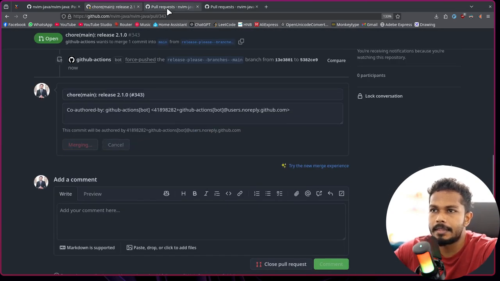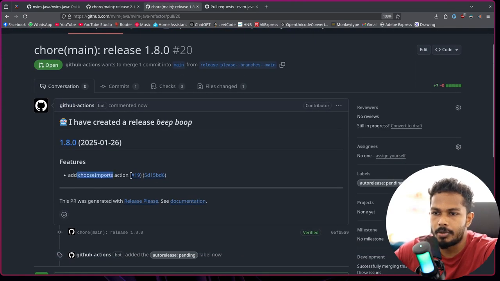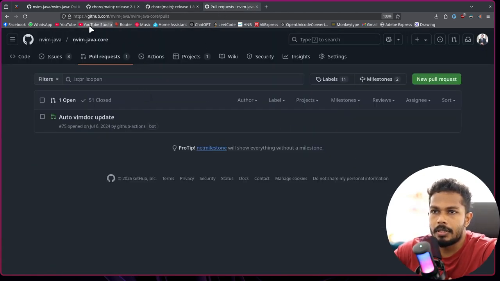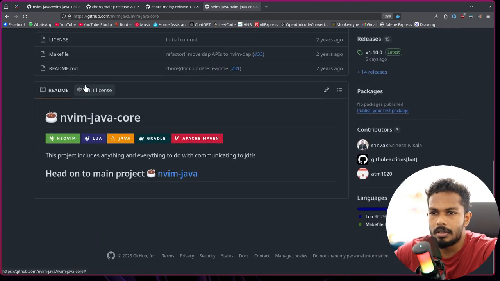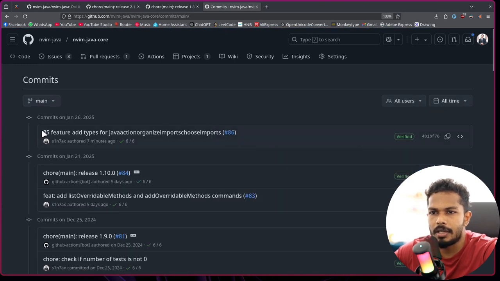I'm gonna merge this, and we have a new PR here as well with the choose import action. Change log. Merge this as well. Do we have anything here? Yeah. Probably because I screwed up. I'm not following the conventional commit message right here. That's why I think it did not create a new PR. I actually totally forgot about that. But anyway,